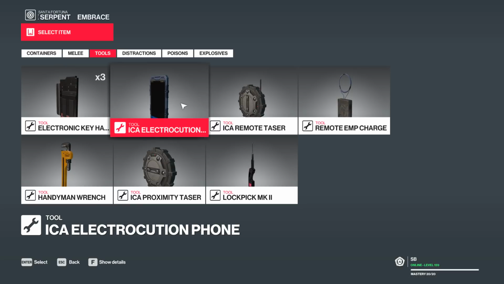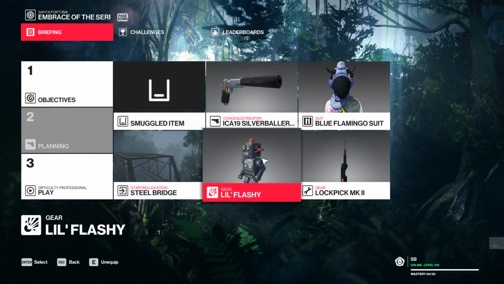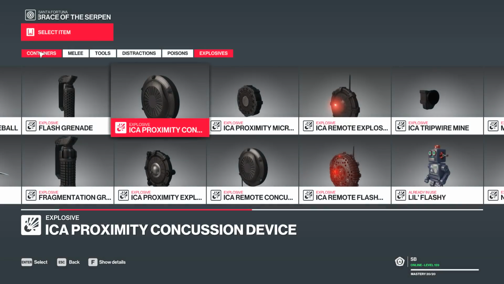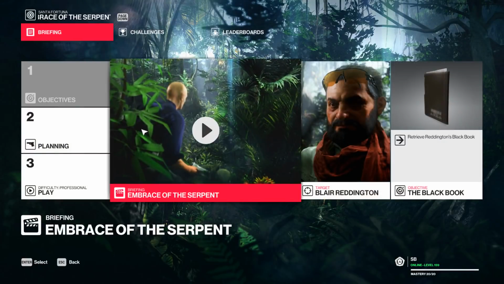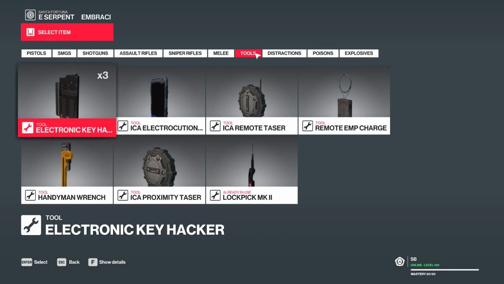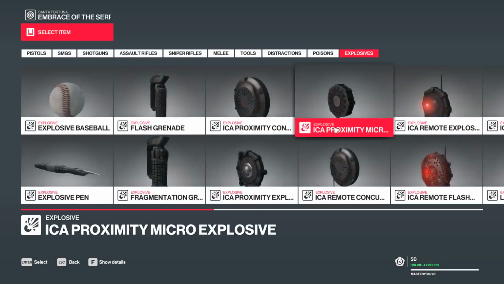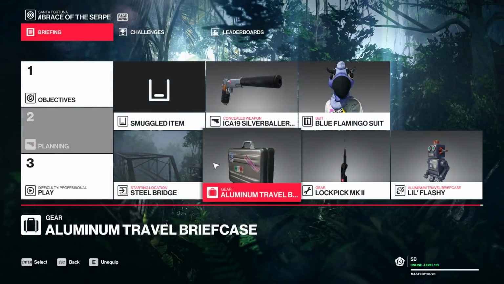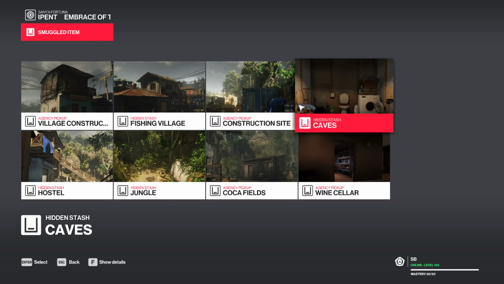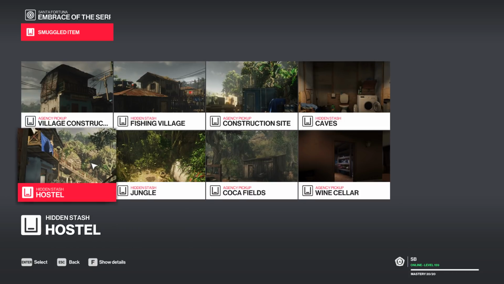We could bring our new electrocution phone. Try to get him with that. Hard to imagine we don't want to bring the briefcase, though. Or the lockpicks. Actually, we do absolutely want to bring the briefcase. If you're coming in your suit, there is no reason at all not to bring it, and then just put whatever you were going to take in that slot inside of it. And then we're starting near the bridge, so